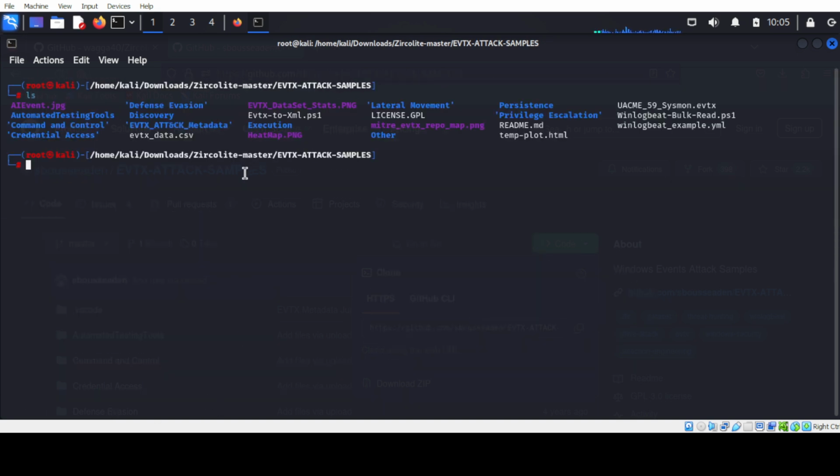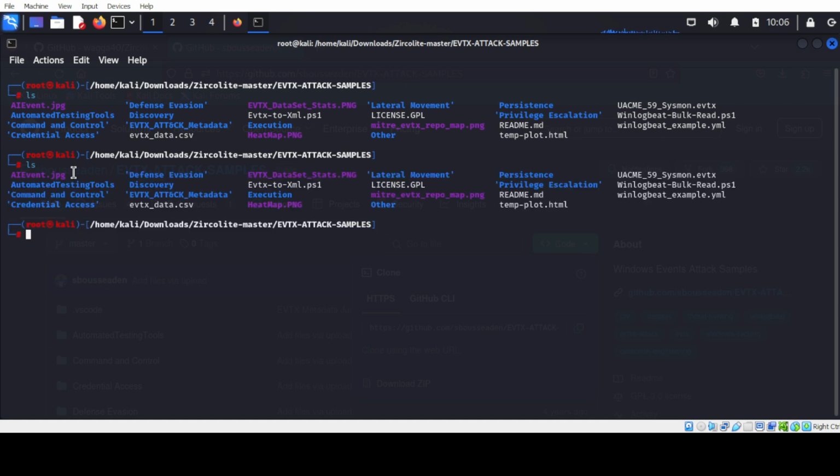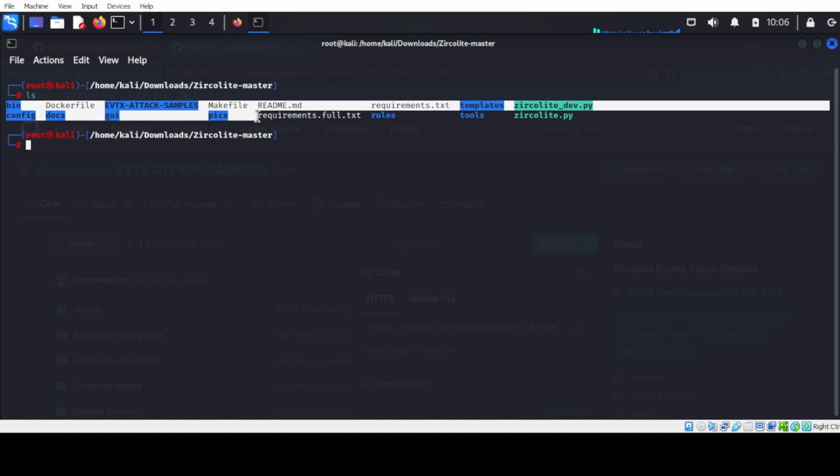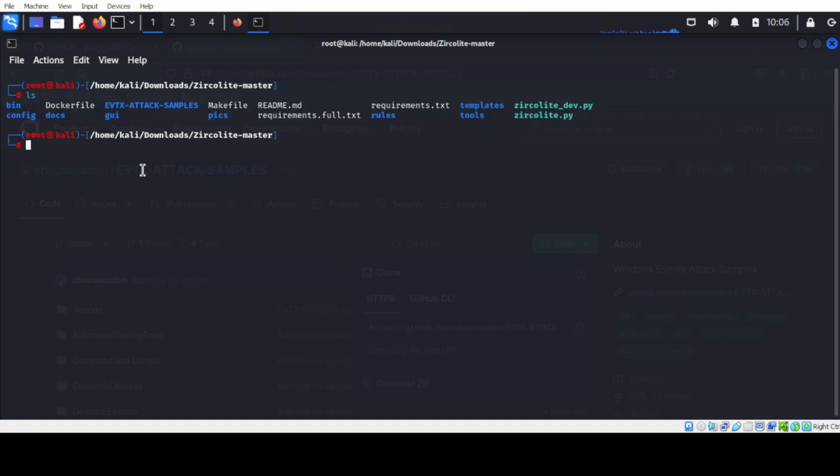So now we are done with the installation of the tool. We are done with the sample events on which we want to perform some analysis. Now it's time to run a command in order to perform analysis on these events. If I press ls, before running the command, I should switch back one step. Now here you can see no detected JSON file is present. I simply type the command python3 zircolite.py,